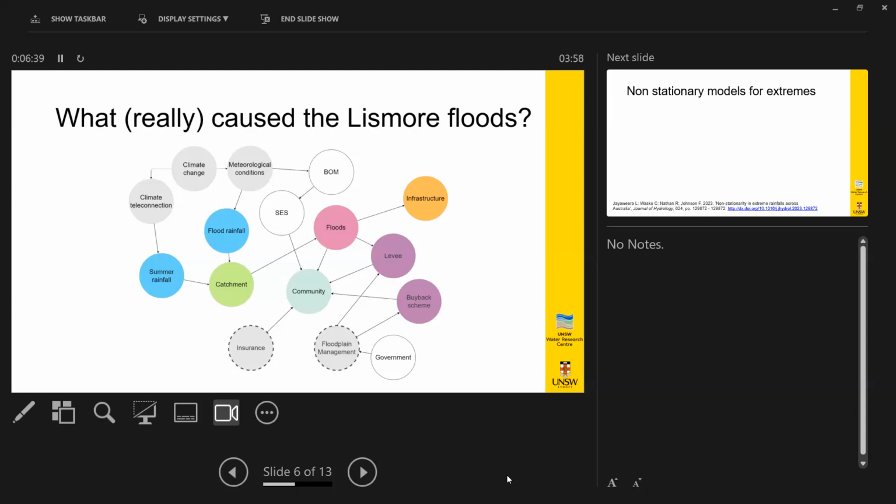So we've got our flood-causing rainfall offset with a summer of La Nina rainfalls falling on our catchment and affecting the floods. Now, those floods affect infrastructure. For example, there were big problems across the northern rivers with telecommunications systems dropping out during the floods, and therefore the State Emergency Service didn't know that there were people that needed rescuing.